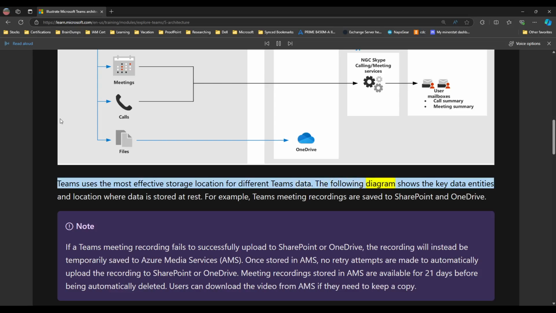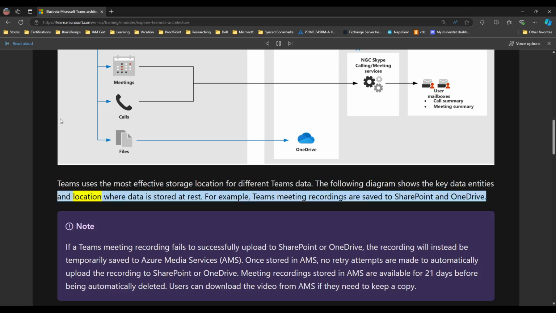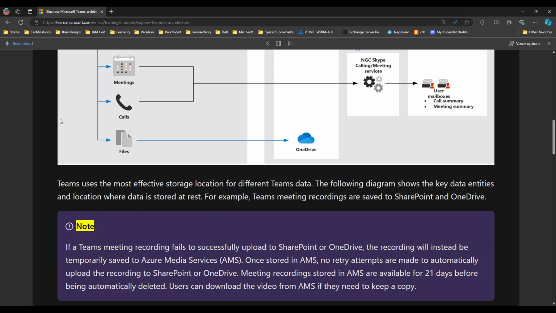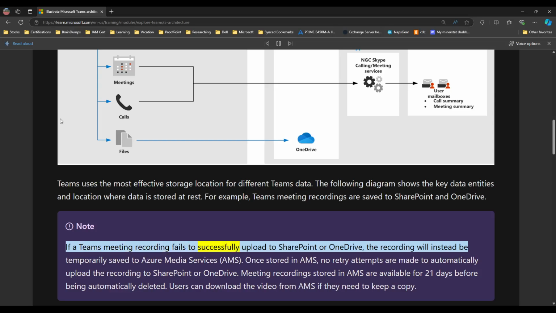The following diagram shows the key data entities and location where data is stored at rest. For example, Teams meeting recordings are saved to SharePoint and OneDrive. Note: If a Teams meeting recording fails to successfully upload to SharePoint or OneDrive, the recording will instead be temporarily